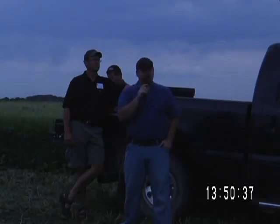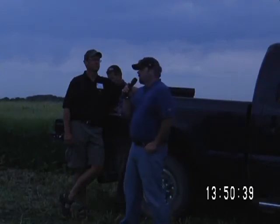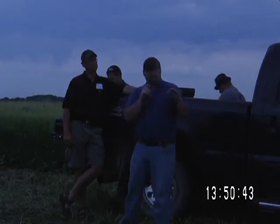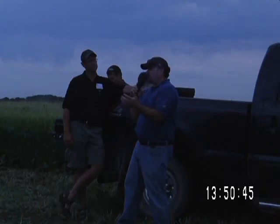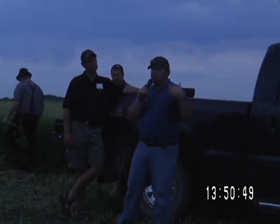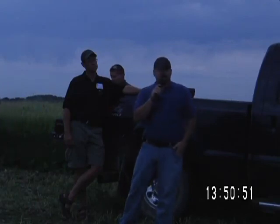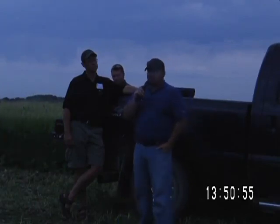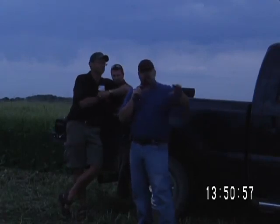To fly a quarter section, flight time would be about 20 minutes. And usually, if I time myself and things go well, I can pull into a field, fly a quarter section, and by the time I pull out of the field with the set of batteries charged for the next field, it's usually between 40 minutes and an hour. And then there's some processing time. It takes a bit to process them. Our software is actually going to be able to